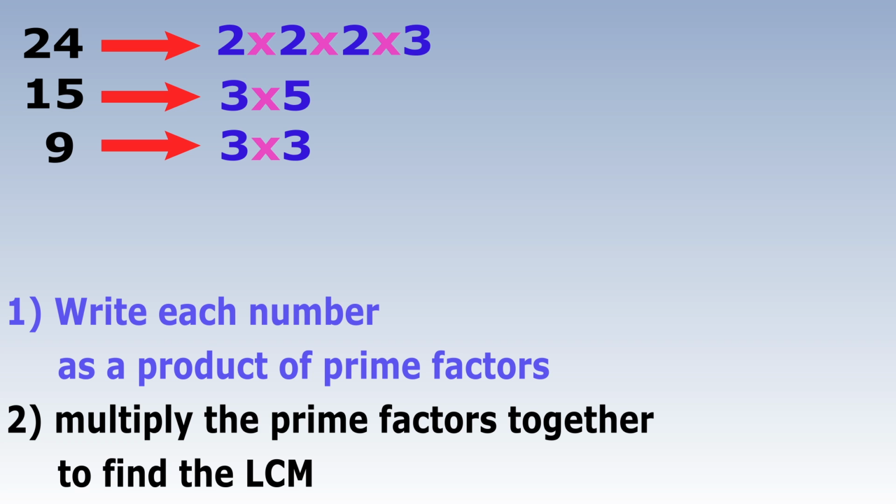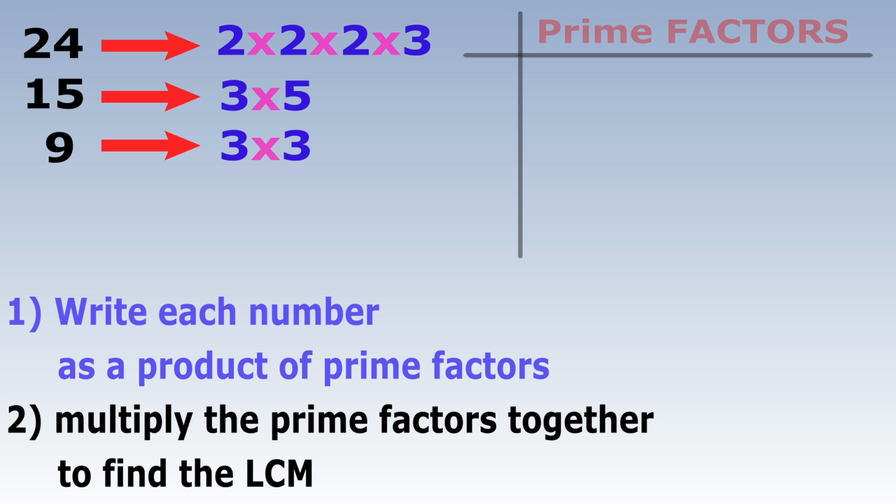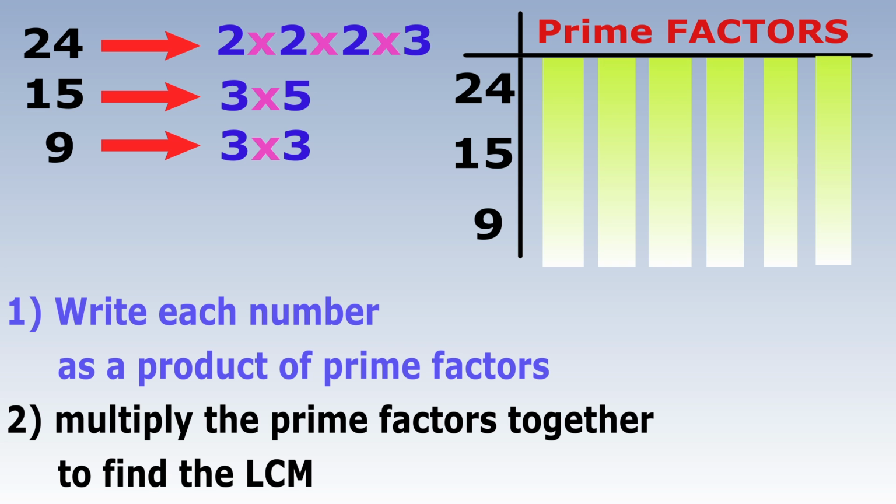Now I put all the prime numbers in a table. I make a table with 3 rows, one for each of our main numbers. Then I start putting the prime factors for each number in the columns associated with that number, one factor per column, but I only allow matching numbers in each column. So I'll start with the factors of 24. There are three 2s and one 3. Now we'll do the factors of 9.